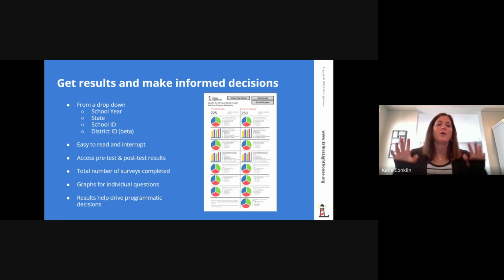That's the hope. But really, the reporting is going to be easy to read and interpret. It will say, this is your pre-test, this is your post-test. This is how many students identified as being able to identify a trusted adult. This is how many students feel like they could say something after the program. This is how many say they would feel comfortable talking to a trusted adult at school, at home, in the community, etc. It will give you the total number of surveys completed, and it's going to graph the individual